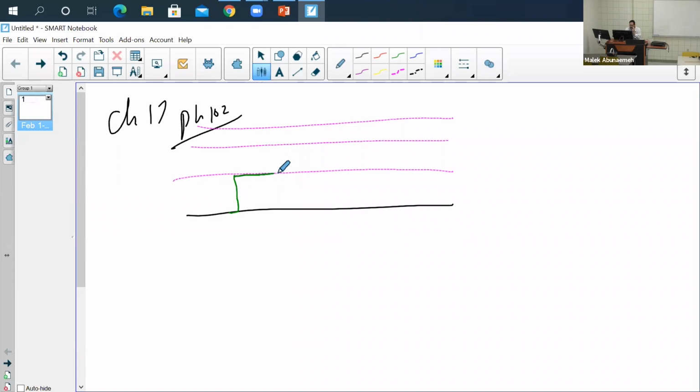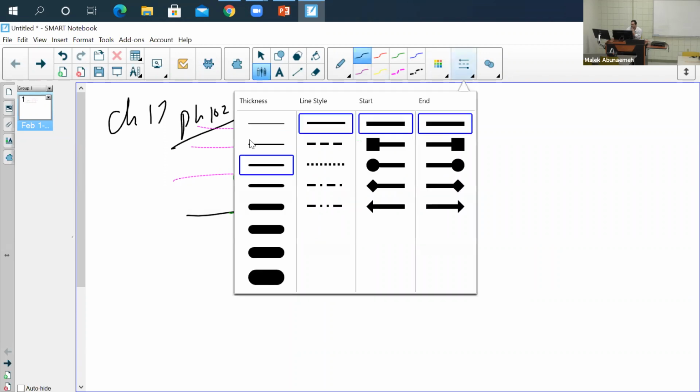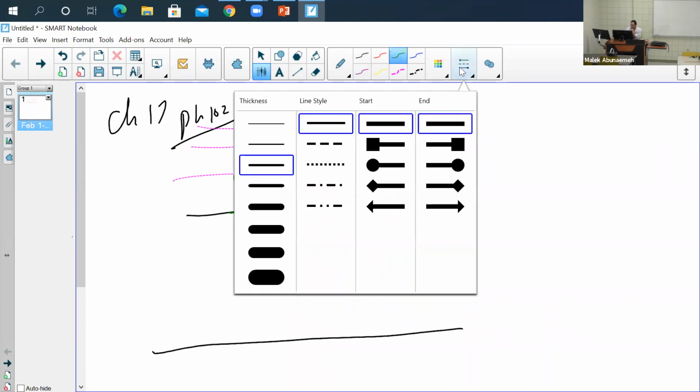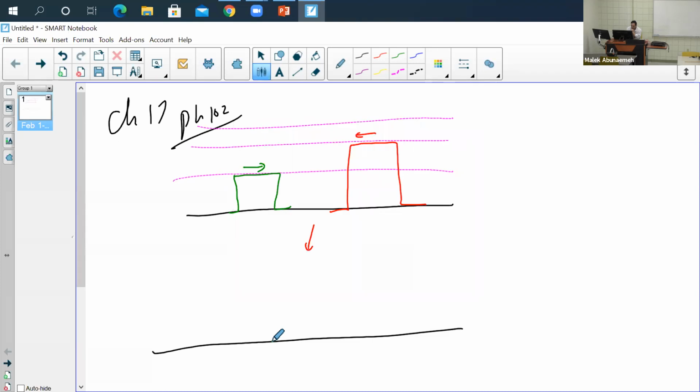So let's say you got this one little fellow over here that's going in this direction. And you got another wave that's 2 units high going in the other direction. So when they meet up, they're both gonna go in and interfere with each other. So after a while,